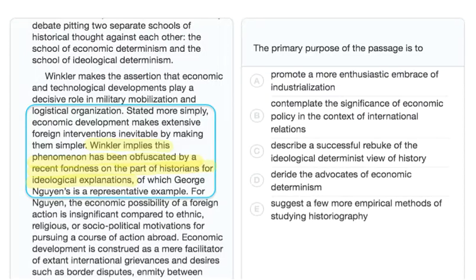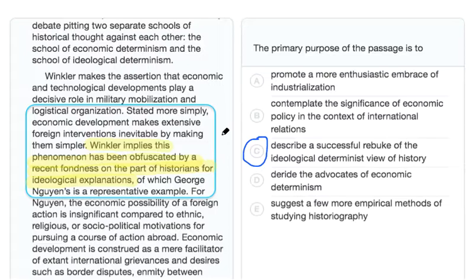Now let's look at our answer choices. Choice C is the answer that best matches our guess, that the author wants to show how one historian challenged the other perspective. If we wanted to, we could stop here, but let's go through the other answer choices to